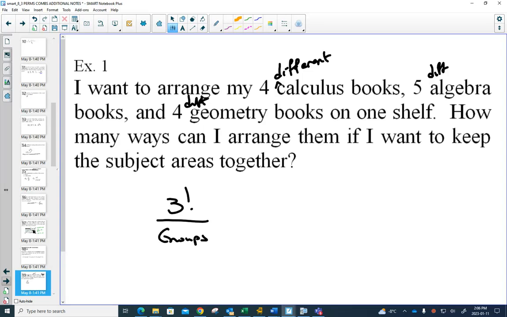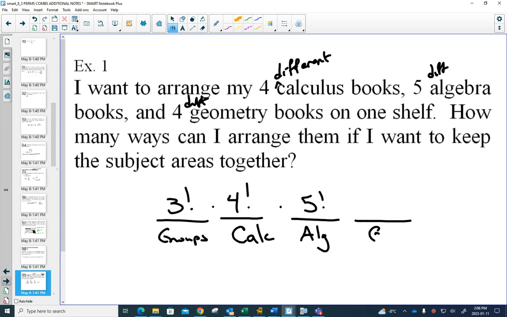Then I think about each of my groups separately. If I decided to put my calculus books first, how many choices do I have for arranging those? 4 factorial. Then my algebra books, 5 factorial, and finally my geometry books,